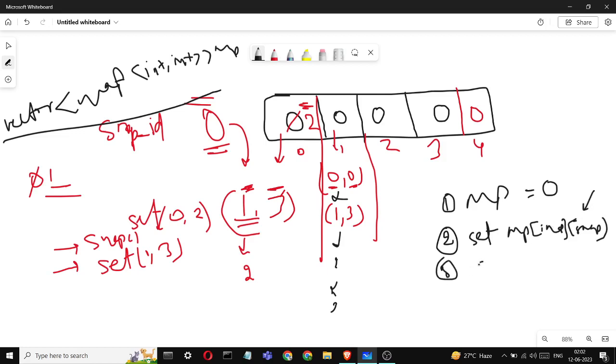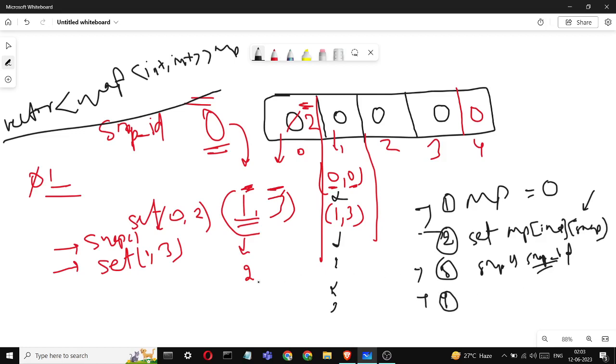And whenever we are taking the snap, we will just return the incremented value of the snap ID that we have initialized. I will show you the code also, just see what steps we are doing for every function,